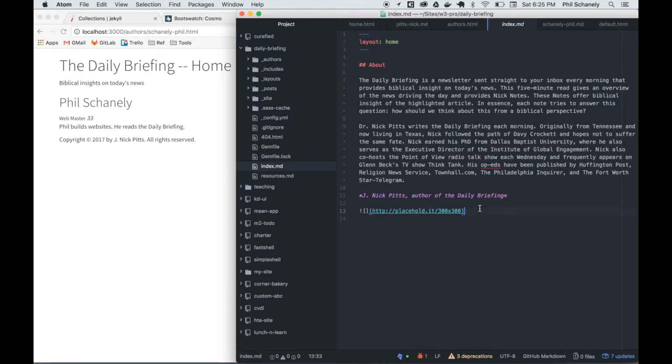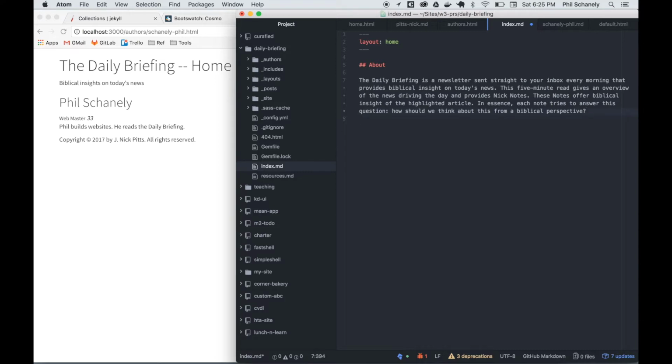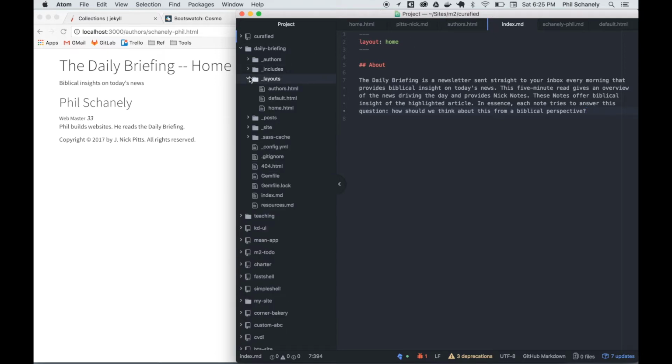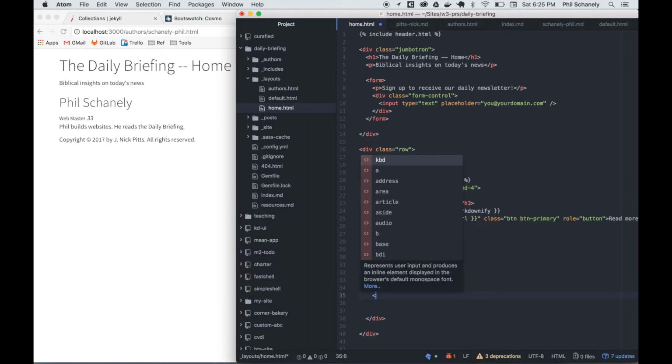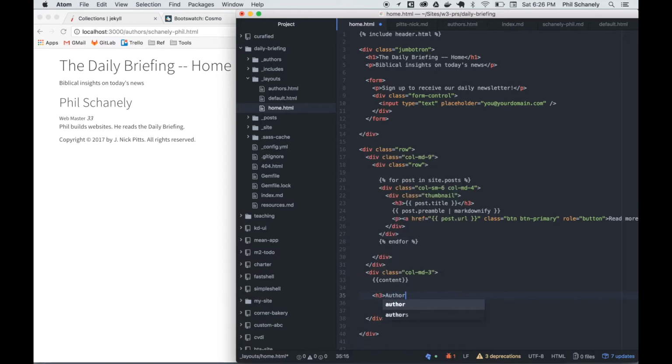Dr. Pitt's stuff over here, maybe what we actually want to do is pull that out so that that's not actually part of the page content, and instead go to our page template in the layouts, home, and after that about content that is coming in here, maybe we want to add another little heading, H3 authors, and start a list